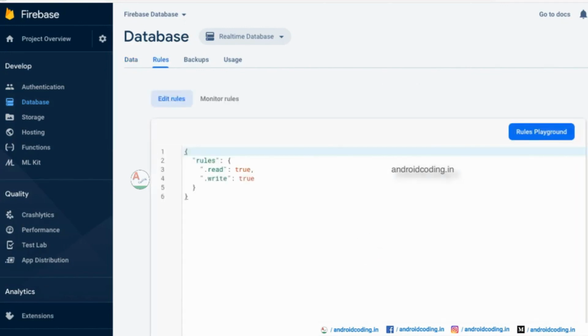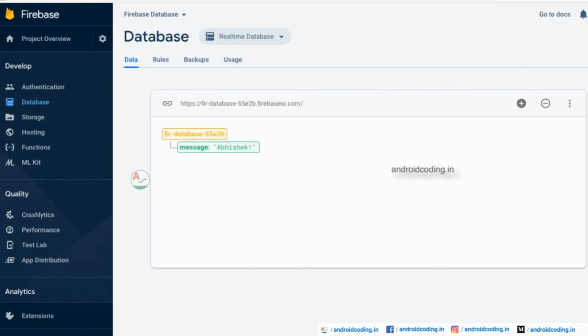So what are the rules? Here you can see the rules I have given: read, write, true. So this is public, I am giving permission for the public to make read and write in this particular database. So generally when you are creating, you need to disable the public actions. I mean, it's all depending upon your requirements. If you want the public to access the database or not, it's depending upon your project requirement. So it's a rule I am mentioning. So you might go through the rule according to your requirement.